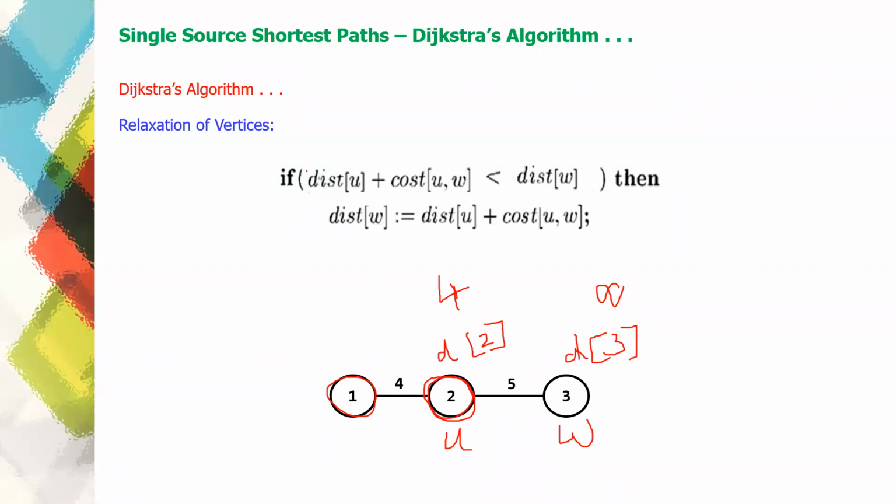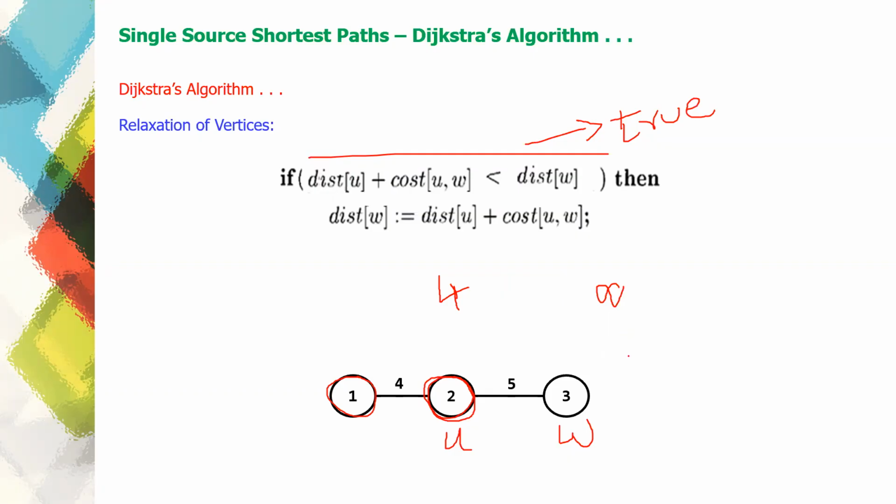And I'm going to apply this relaxation procedure. If this condition is true, you are going to update the distance. Okay, so now what I'm going to do is calculate distance of U